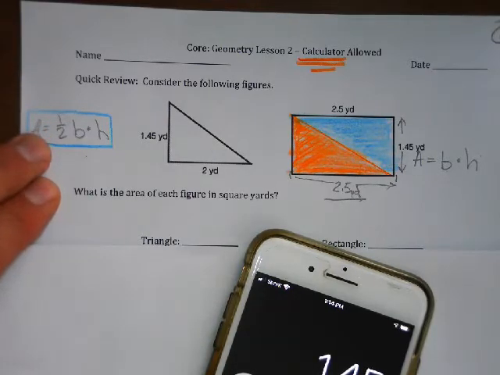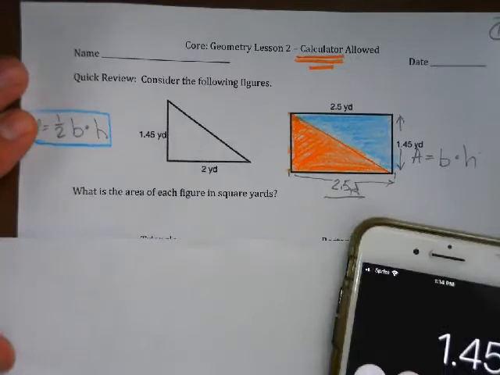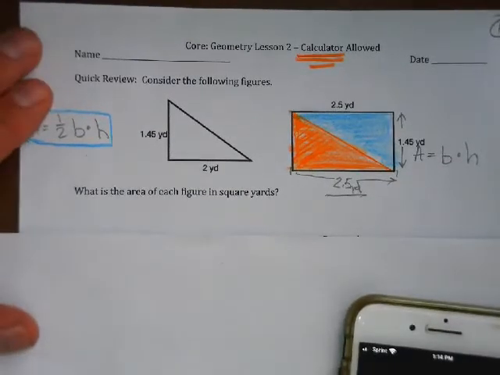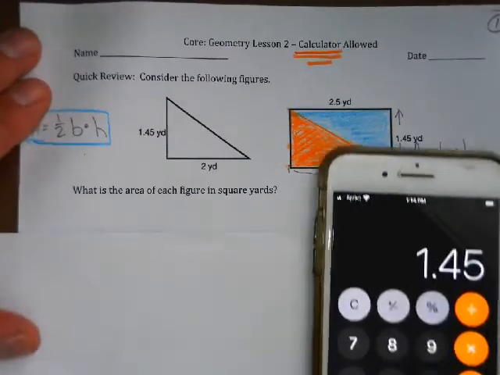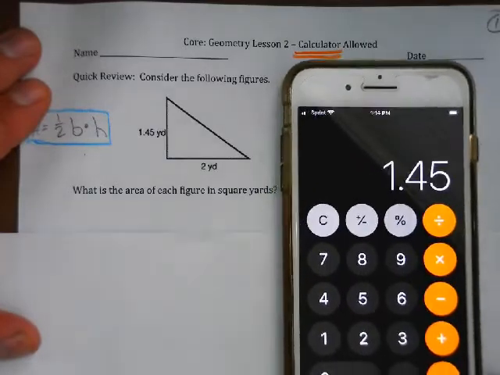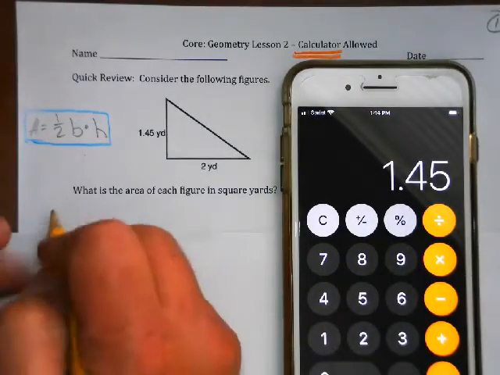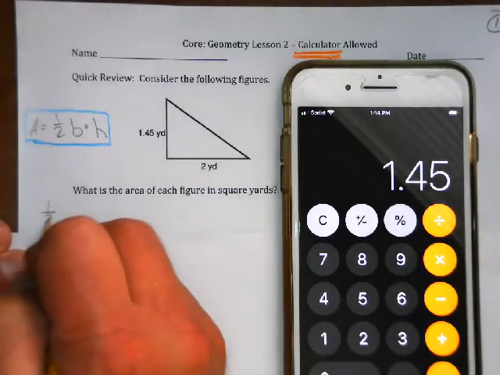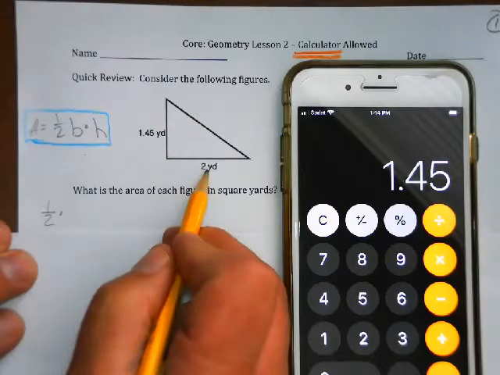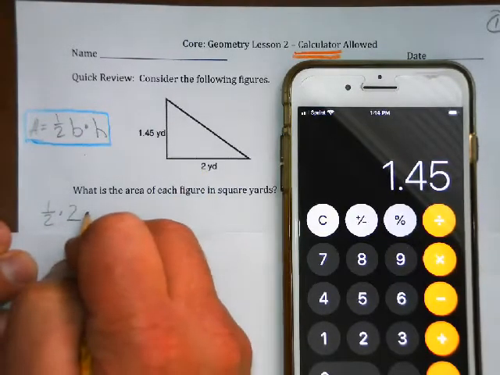I'm going to zoom out here. I got my paper cut off. There we go. So another thing I wanted to point out is you guys are welcome to use a calculator today. For the last few weeks we've been able to use a calculator. So let's take a look at the first